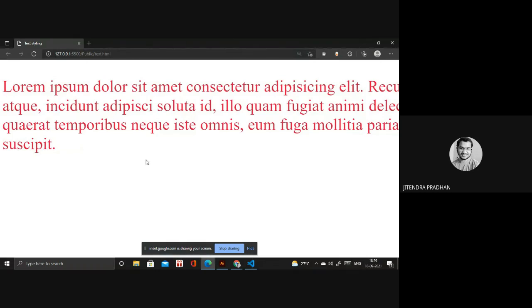But basically, if you are designing a website, and you want to bold a particular word, at that time we use bold. But if you want more than that, you have to use 100, 200, 300, whatever.